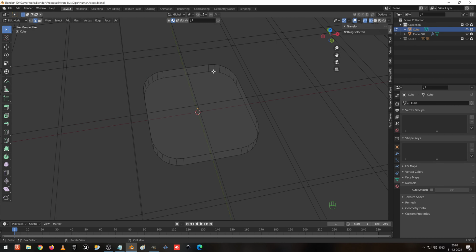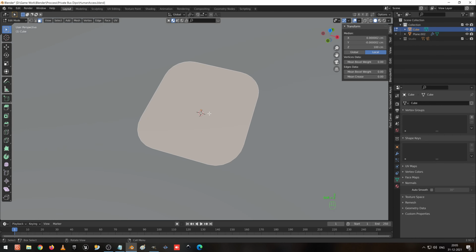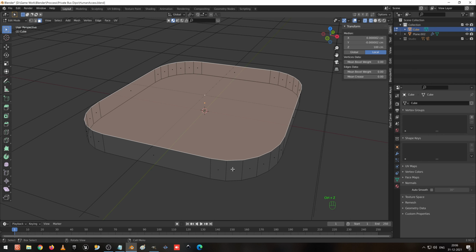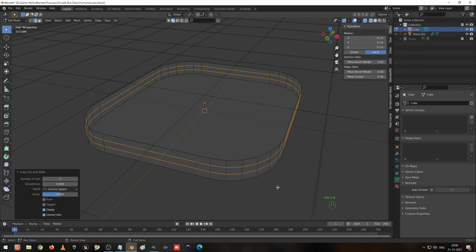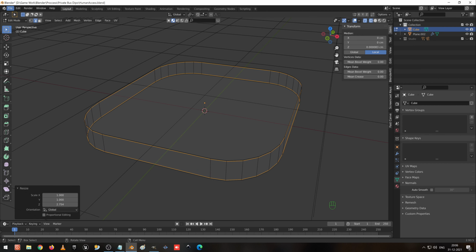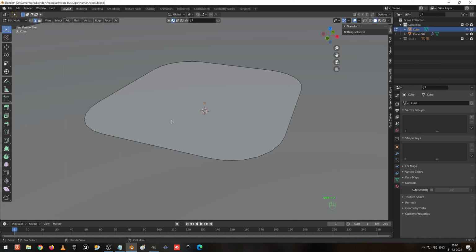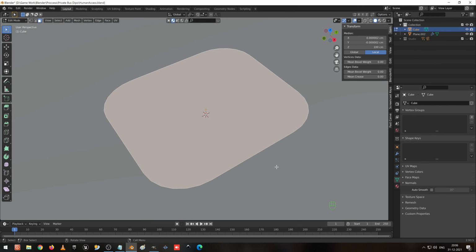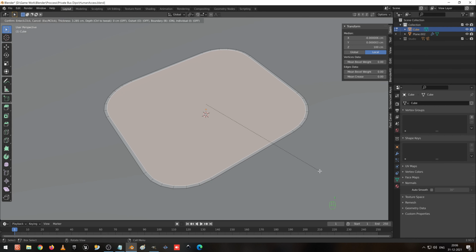Now go to the wireframe and I press Ctrl R to create two edge loops here, scale it in Z axis, and I move until the edges touch. Now press 3 on the keyboard for face selection. I select the top face and press I to insert and create one inset.